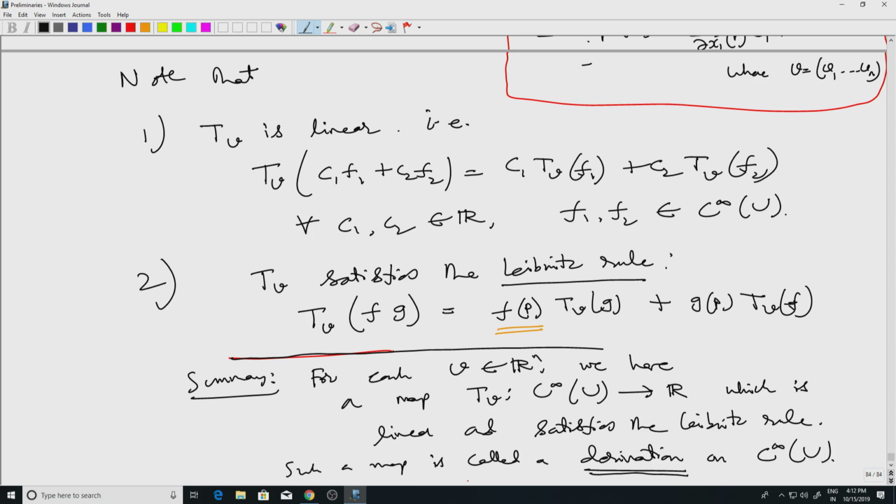Well, actually a derivation is something more general than this and defined on more general objects than C infinity U. In this context, as it turns out, giving it a new name is unnecessary, because it turns out